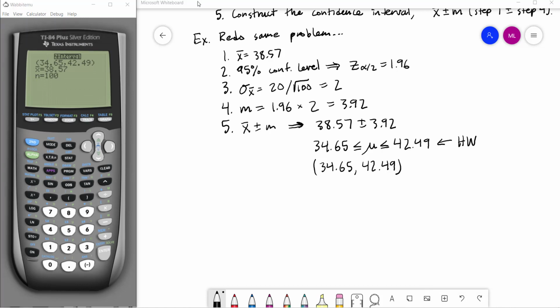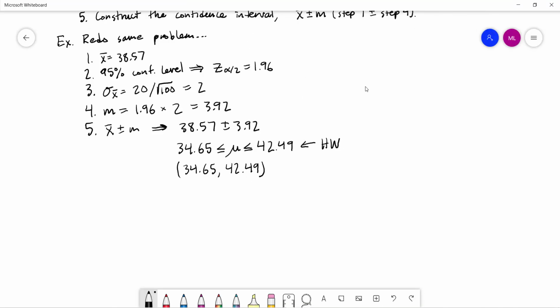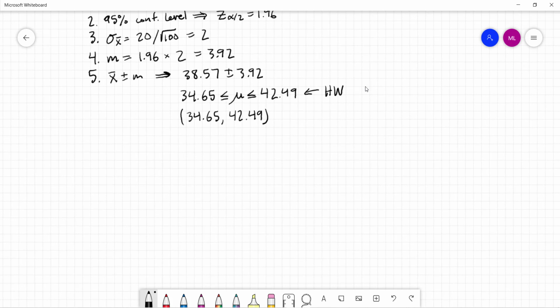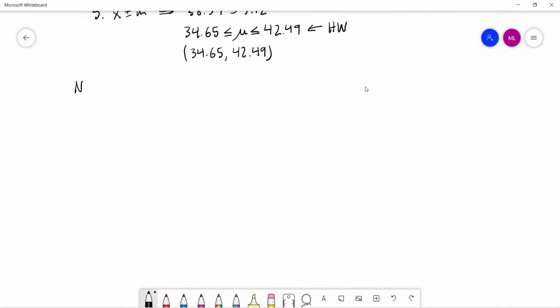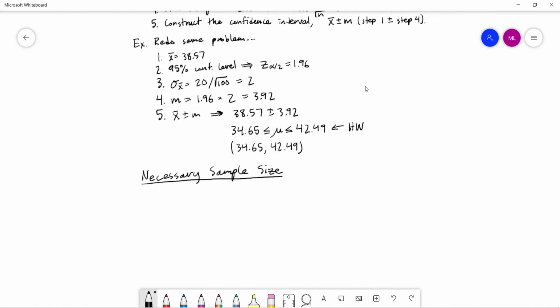So let me go back to maximizing this, and let's look at one last type of problem. This problem is called a necessary sample size problem. And this is actually a pretty realistic type of problem that shows up in these situations. So necessary sample size. And the idea is, in this case, more often than not, instead of just randomly doing an experiment, picking a sample size, and finding out what the margin of error is,